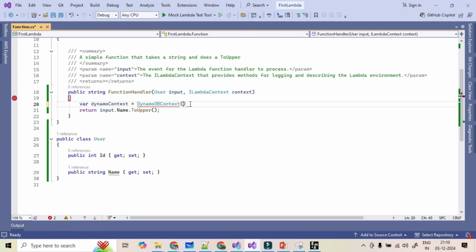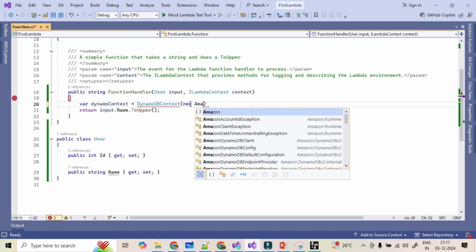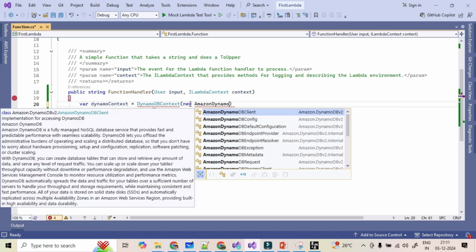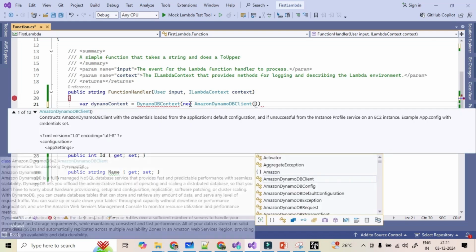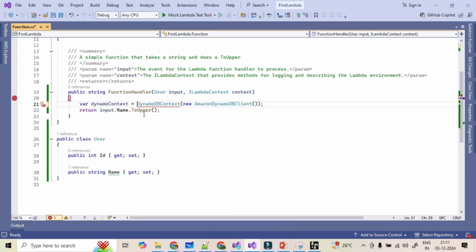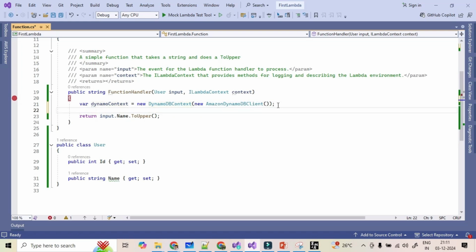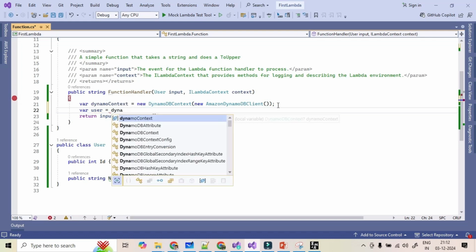We can add under that bracket here new Amazon DynamoDB client. So we will create that Amazon DynamoDB client, and after this client we are good to go for fetching the DynamoDB data here. Let's add the new keyword here because we need to create a new instance of this DynamoDB context, and in the same way we can create one variable here, and using that dynamo context we can fetch the data.